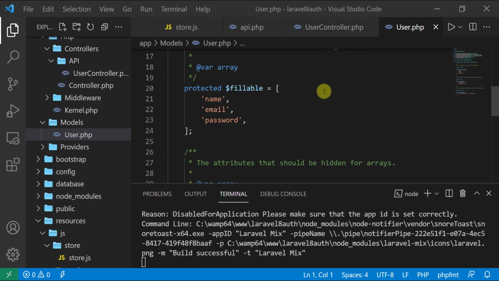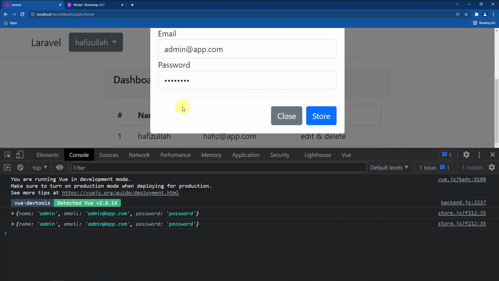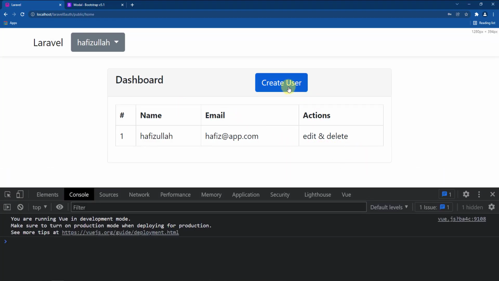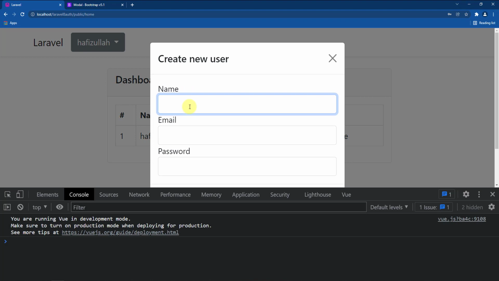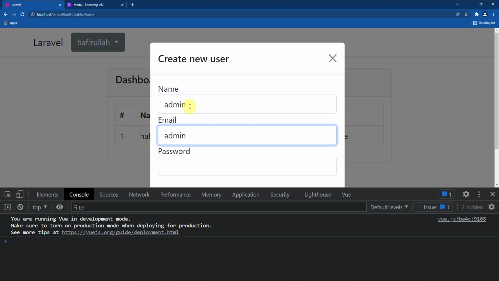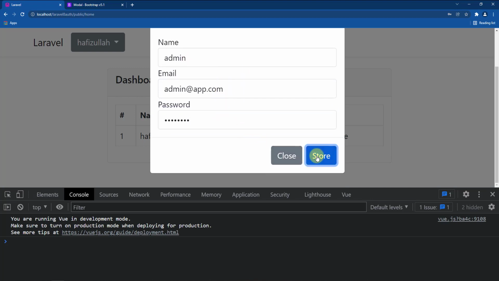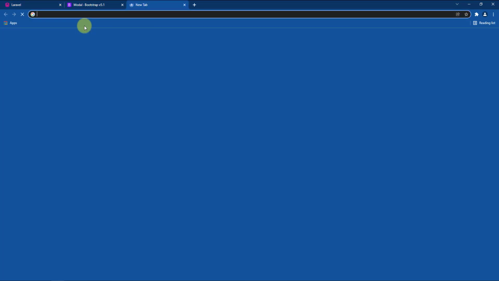So now if we get back to the browser and refresh the page, now if we try to submit or create a new user, so let's click on this, let's say admin at app.com, password is password, and press enter, or let's click on this store. As you guys can see, now we get the success message,